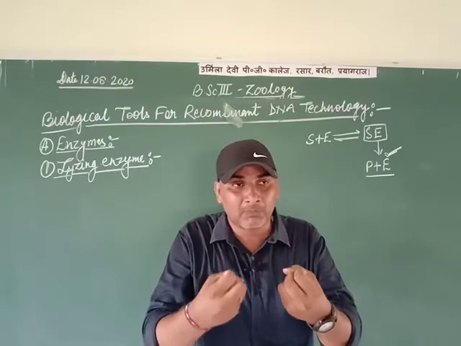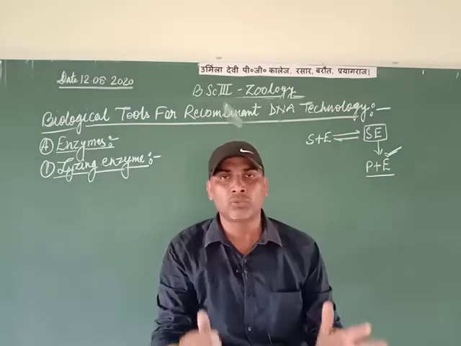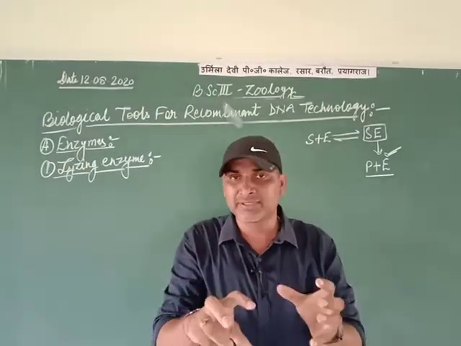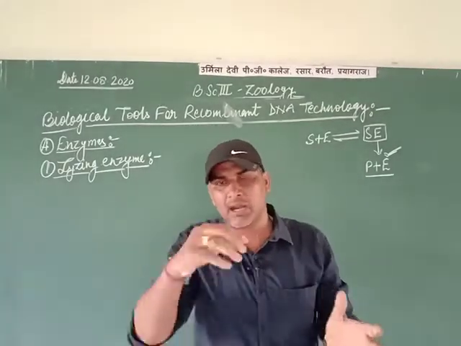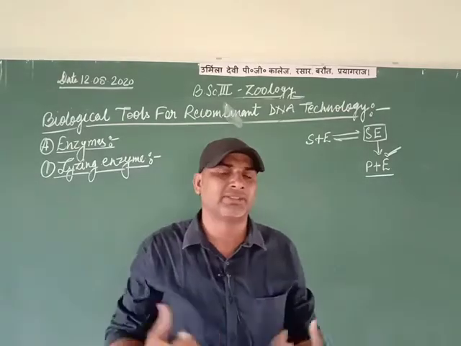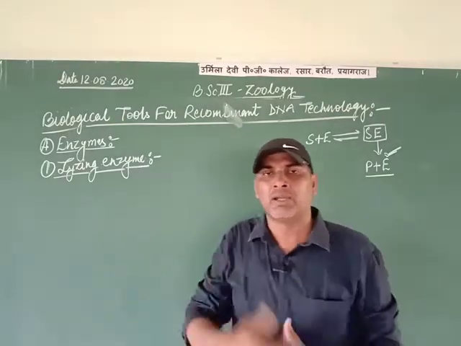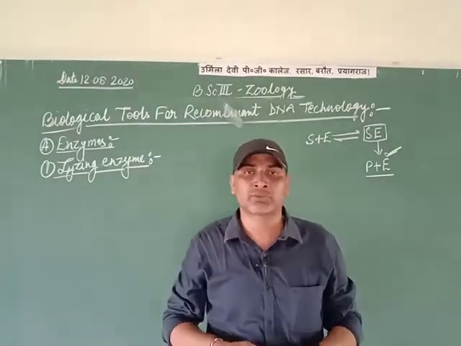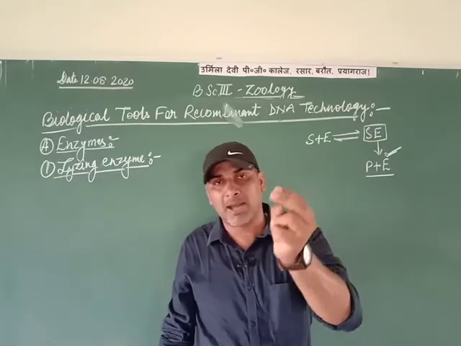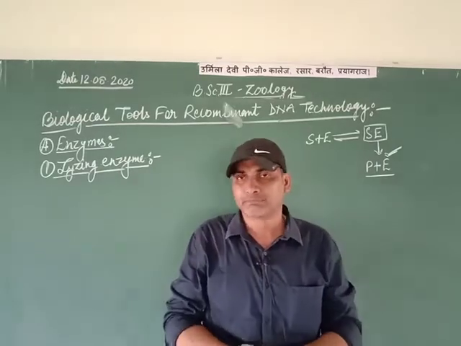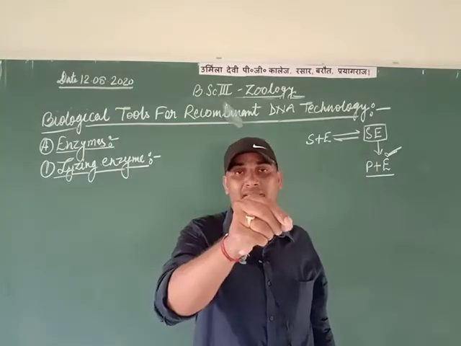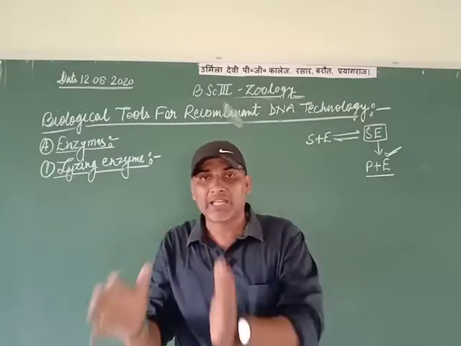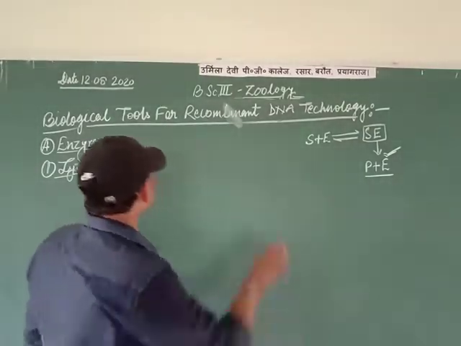the basic materials which go to work as the vector DNA and the foreign DNA through the organism, that is the bacteria, plants, or animals. We are studying zoology, so we always mention the animal cells or the plant cells, which receive the DNA after the cell wall is dissolved, after the plasma membrane of the cell is dissolved.